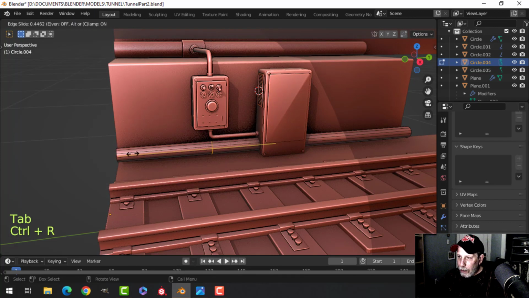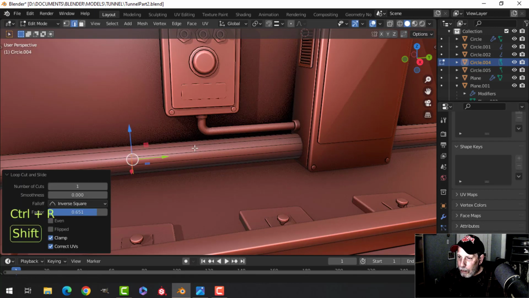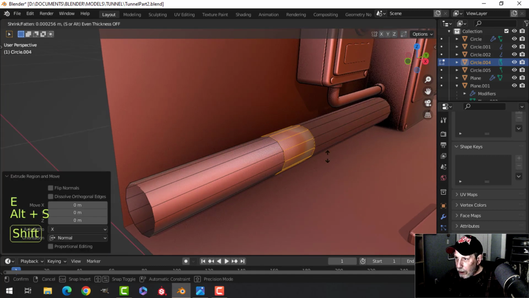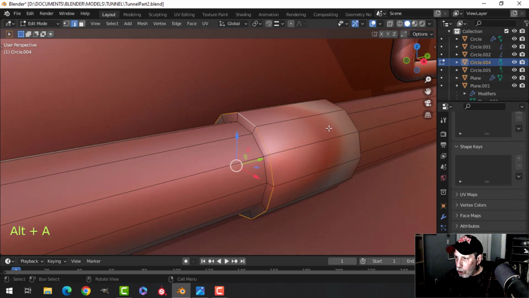And then come in here, drag an edge loop down here somewhere, and we'll split it, we'll bevel it out like that, and then we'll E and Alt S and push it out so it looks like, you know, the way pipes look, where they either join or have that